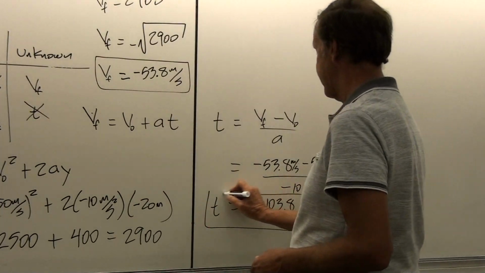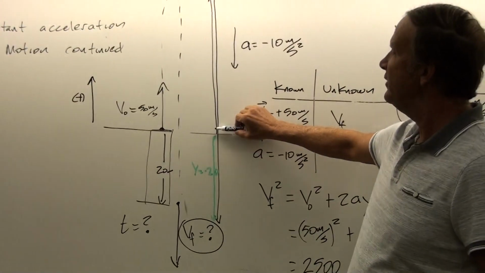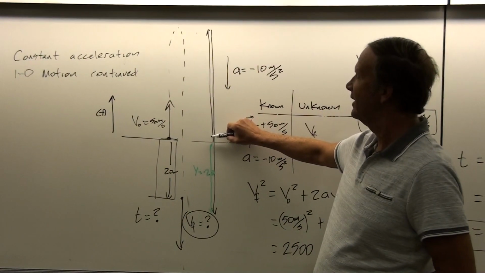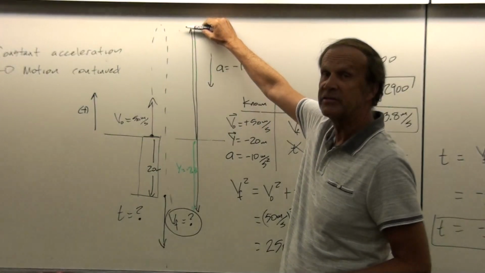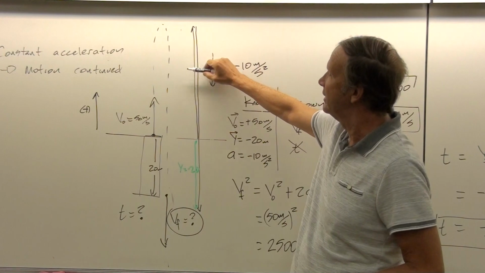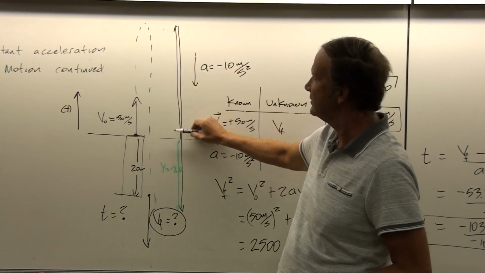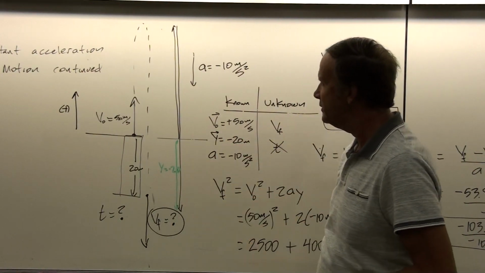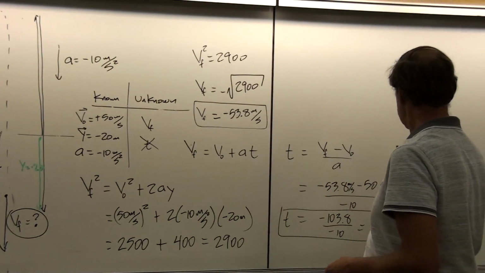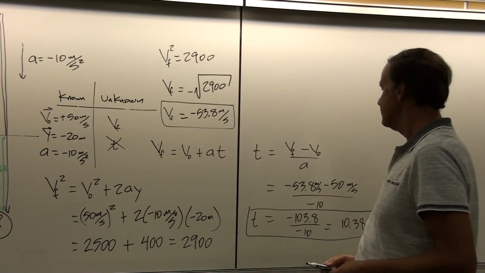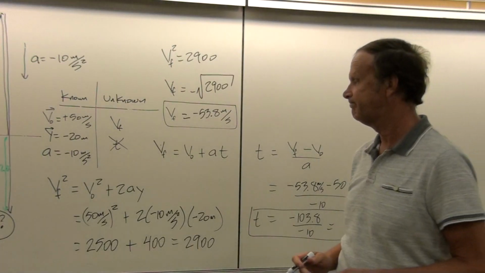Is that a reasonable value for the time? Well, we know that from a previous example, if we start with an initial velocity of 50, we go 40, 30, 20, 10, 0. That's 5 seconds. And then 10, 20, 30, 40, 50. That's 5 seconds. So that's 10 seconds to there. Then a little more time to get to the 20-meter point below the height that it's released. So this is a little more than 10 seconds. And so that's a reasonable answer then for the time as well.